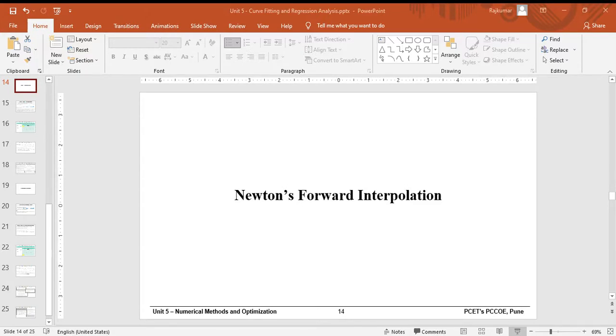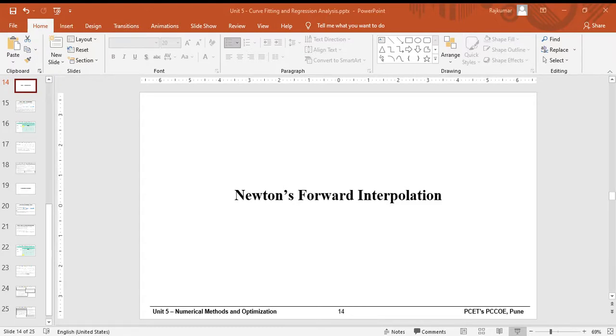As there are n plus 1 data points, therefore y of x, or it can also be written as f of x, is a polynomial of nth degree. So always remember that if there are n plus 1 data points, then an nth degree polynomial will be there for the given data sets in x, such that y of x naught is equal to y naught, y of x1 is equal to y1, and so on up to y of xn is equal to yn.